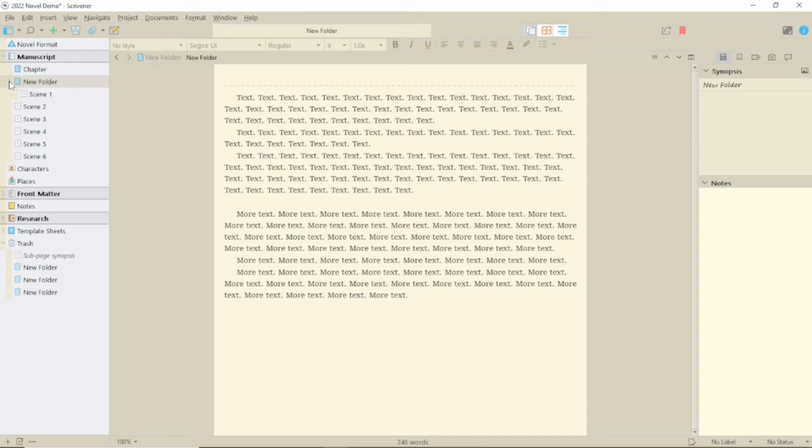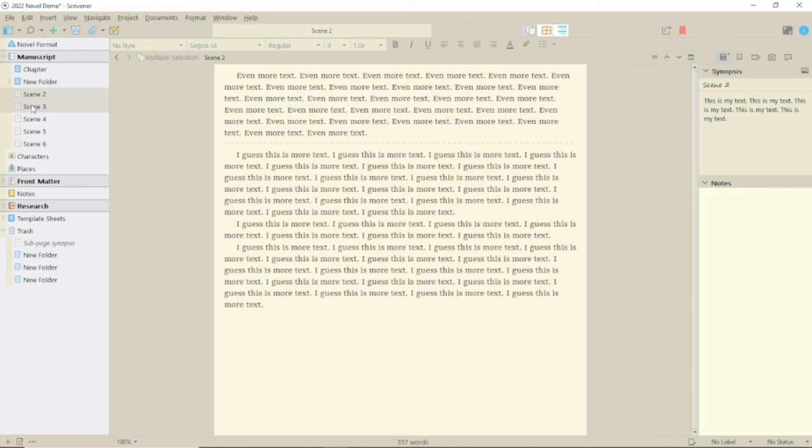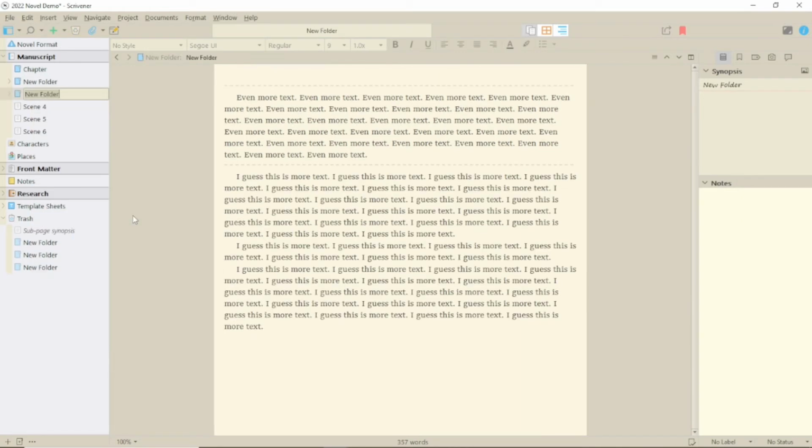This could be particularly useful if, for example, you don't know where you want to put your chapters until you've finished writing your book. And it isn't just a feature for one document to one folder. You can select multiple documents and have them appear in one folder. Now that sounds more useful, doesn't it?